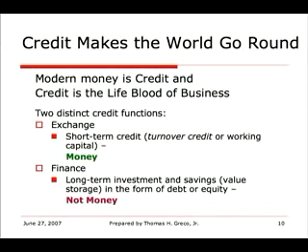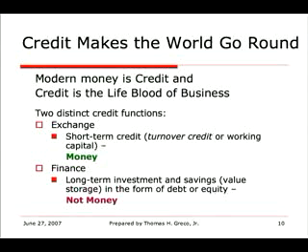So the point is that modern money is credit, and credit is the lifeblood of business. The common business practice is to sell on open account. That means if you buy merchandise from me, let's say you're a retailer and I'm a wholesaler, I will ship the merchandise and send you an invoice requiring payment in a certain length of time. That may be 30 days or 60 days or some other time period depending on the line of business we're involved in. So this credit that businesses extend to one another is a very important element in the business process.